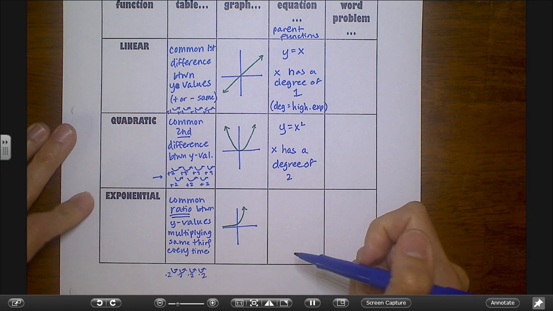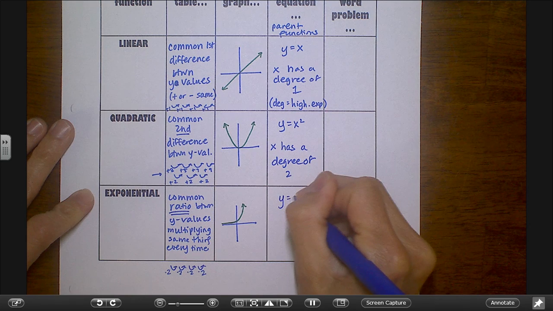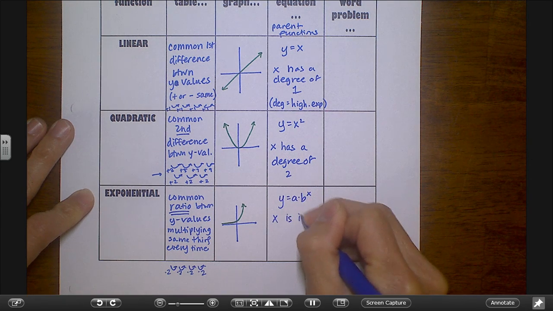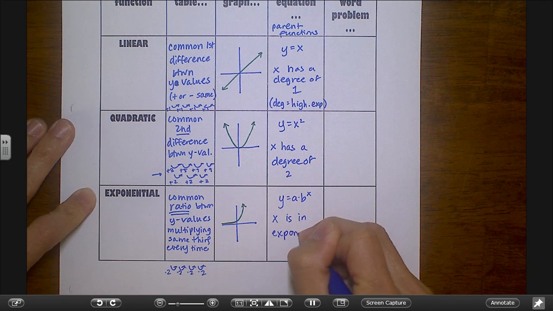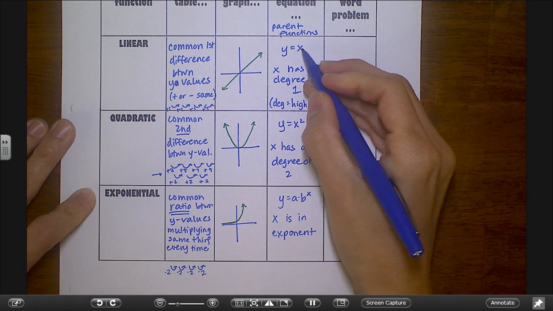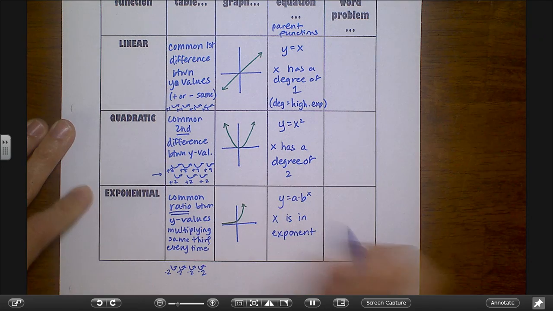And then exponential is super easy to tell. You don't have to look for a degree. It's, remember, y equals a times b to the x. And what you're really looking for is that x is in your exponent. So it's not a base like a base of 2 or a base with 1 as your exponent, but the x actually in the exponent, hence the term